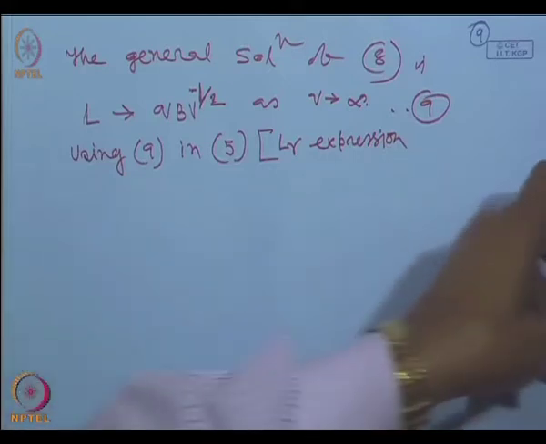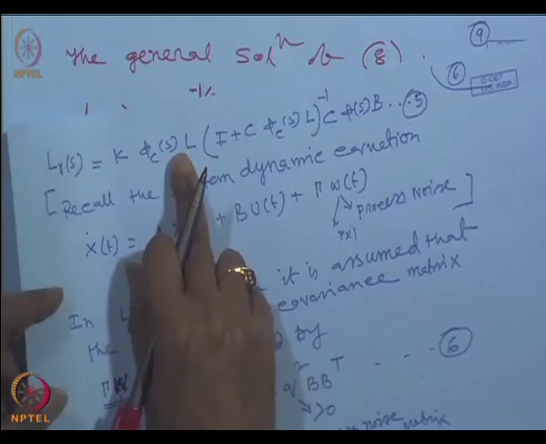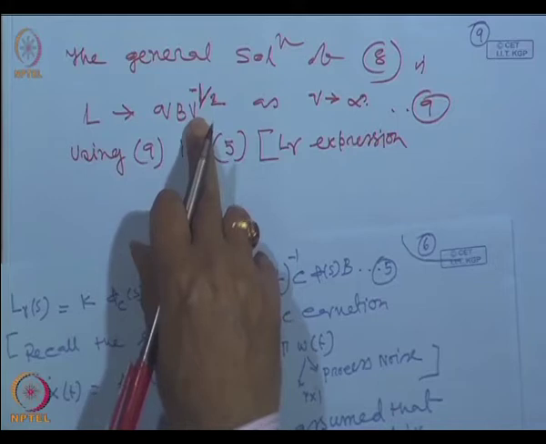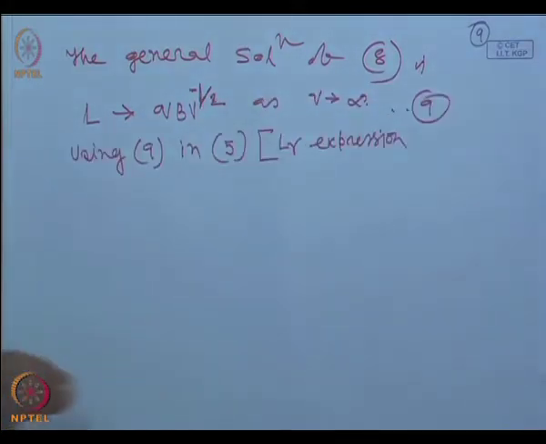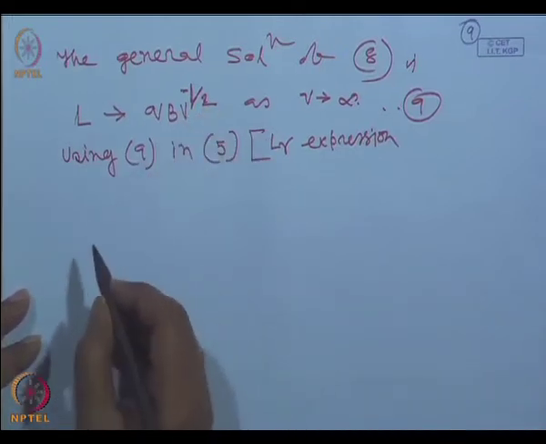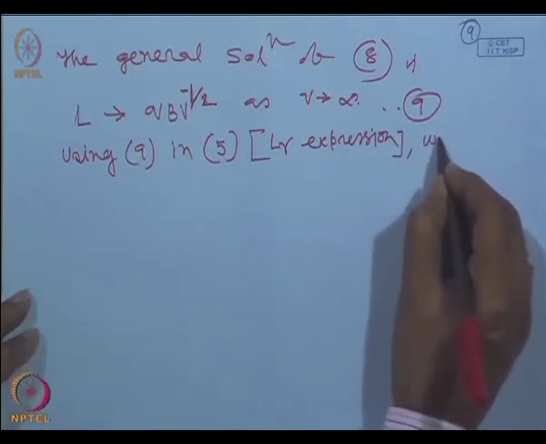I am using the loop gain expression. In this expression, I am using the value of L, which is q B and V half, that means the square root of your measurement noise covariance. If you use this in this expression, we get